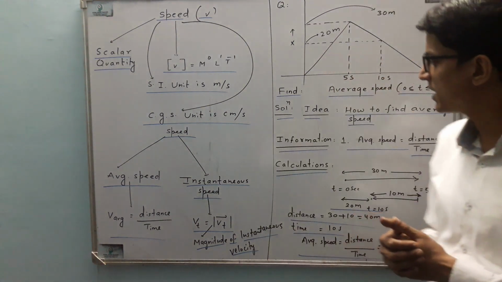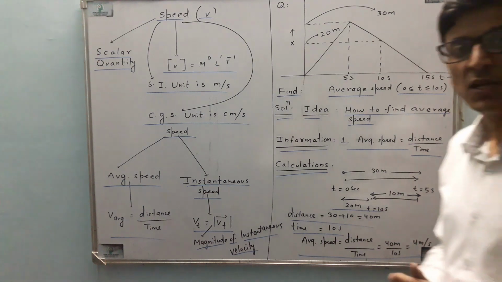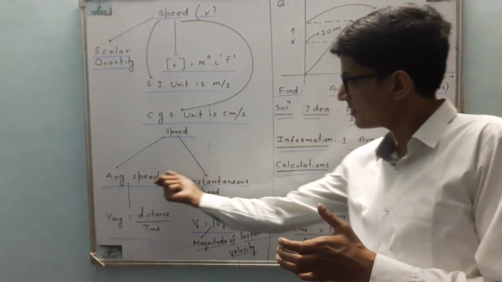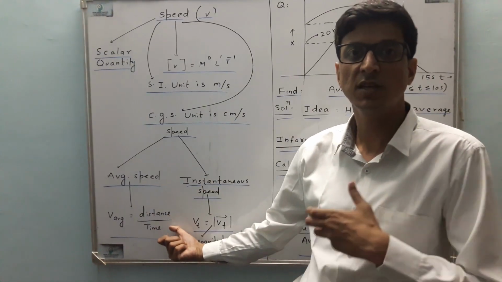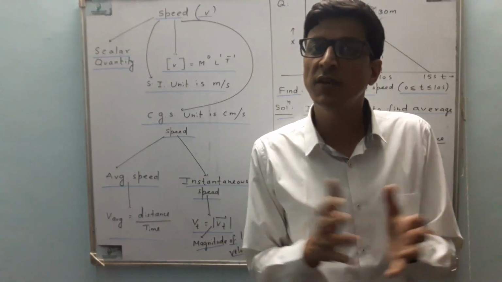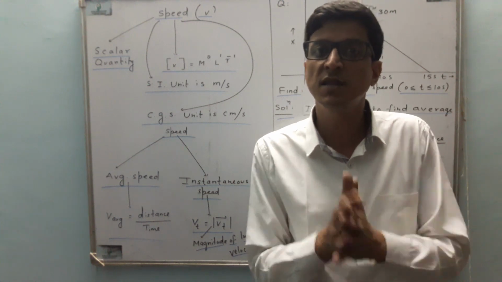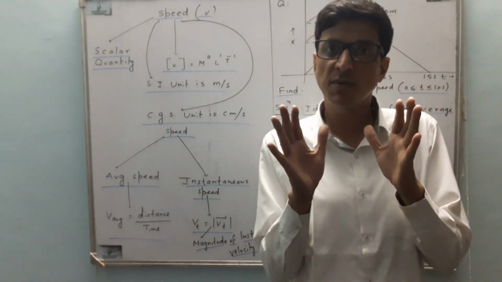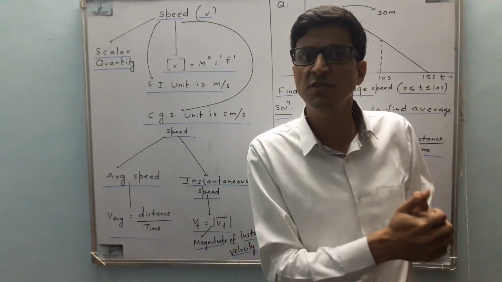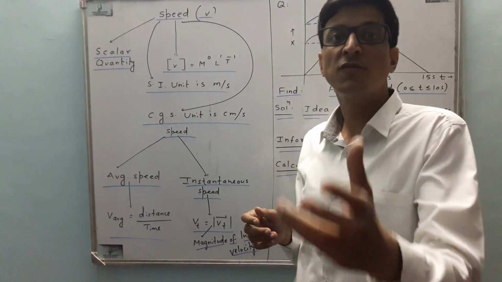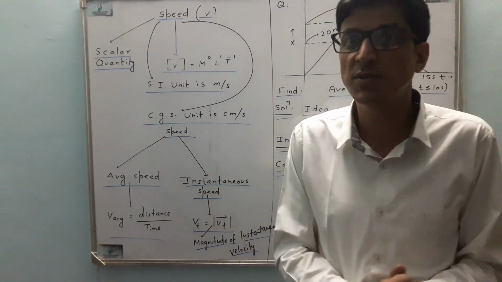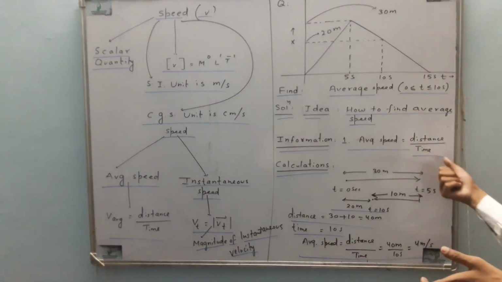Now let's think about the idea of how to find average speed. For this you need to know the information about average speed. If you have the information stored systematically in terms of points, then your mind will be able to recall that instantly. If you have read it in terms of paragraphs, statements and heavy notes, then your mind will not be able to retrieve things effectively. The entire difference between a successful and unsuccessful student is because of the quality of information they have and their neural connections. So systematically store information in your mind. Average speed is distance by time.